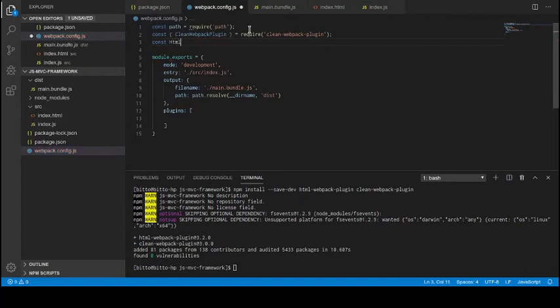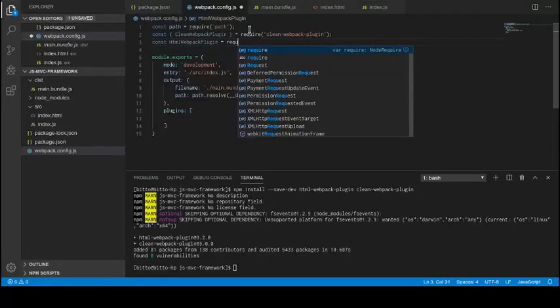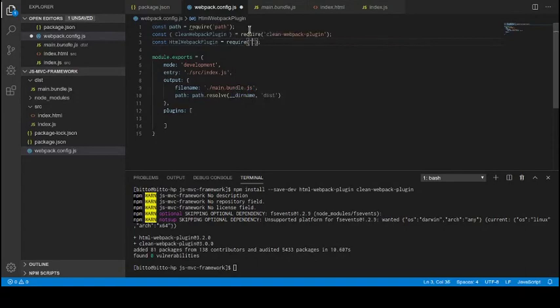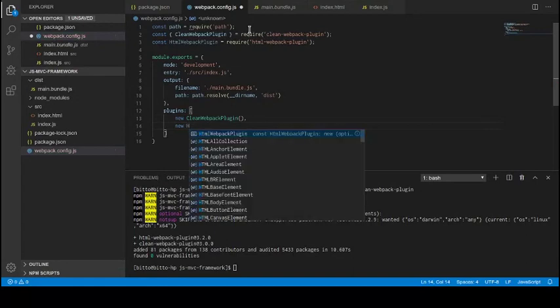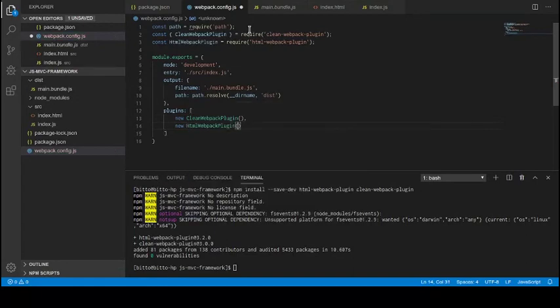And the HTML Webpack plugin. Great. Now let's require it. Okay, let's include it in the plugins section. New CleanWebpackPlugin and new HtmlWebpackPlugin. Okay, so in that HTML Webpack plugin we need to define